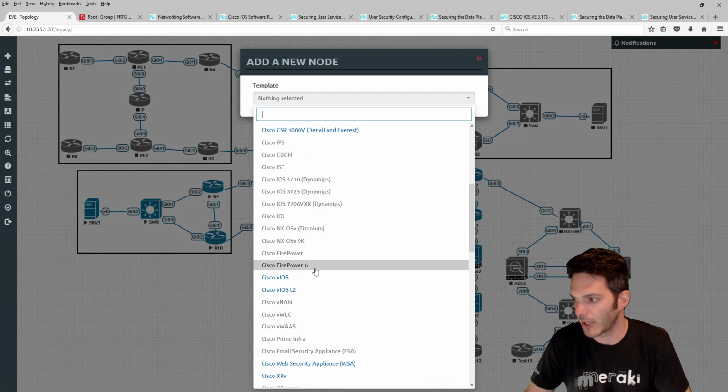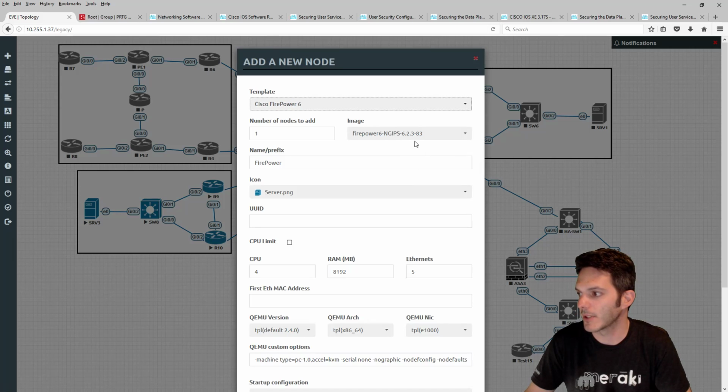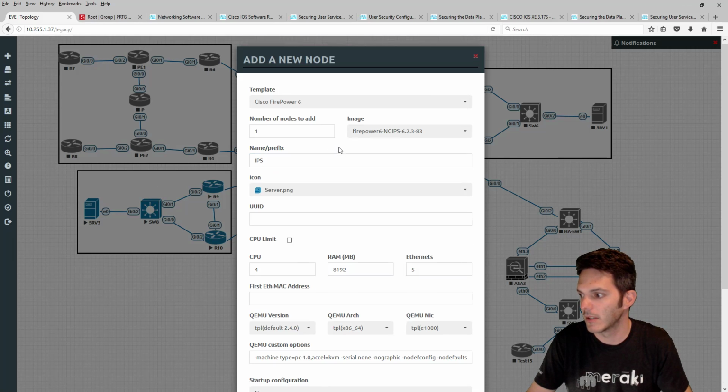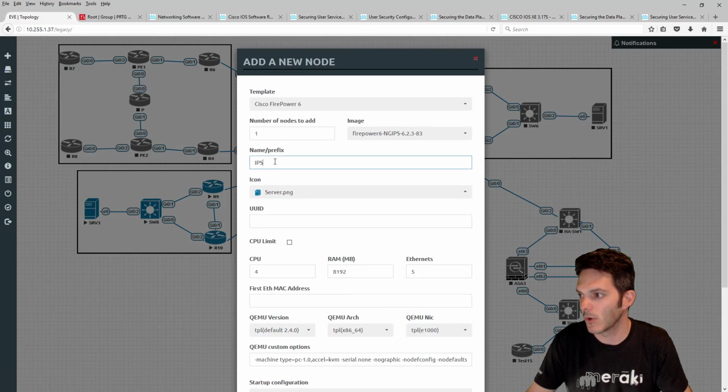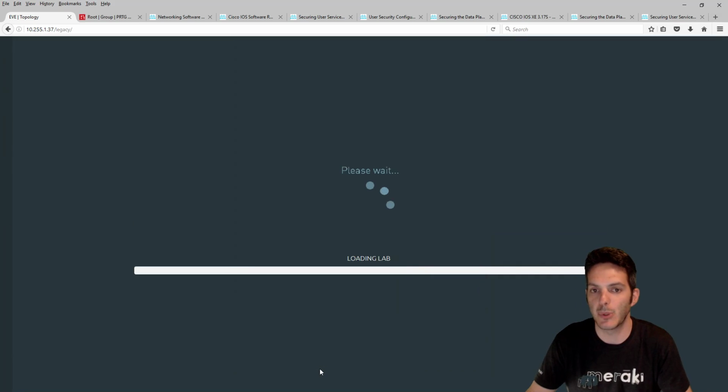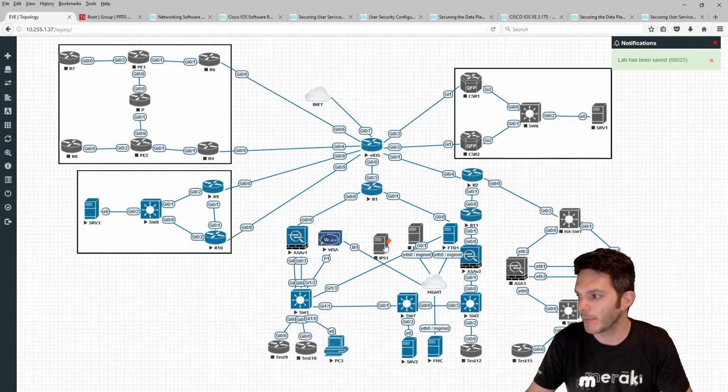We're going to come down here to Firepower 6, and then I'm going to add the IPS sensor. We can just type in IPS, and we can call it IPS 1. And we can go ahead and click on save. Now I'm not going to boot it up, but there will be a significant difference. Let me go ahead and bring this down